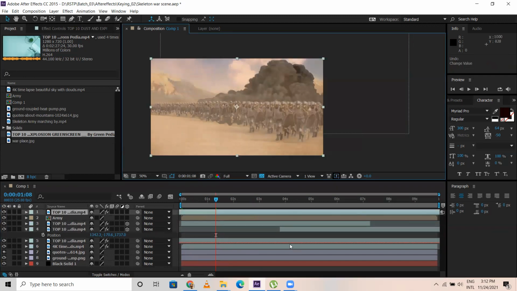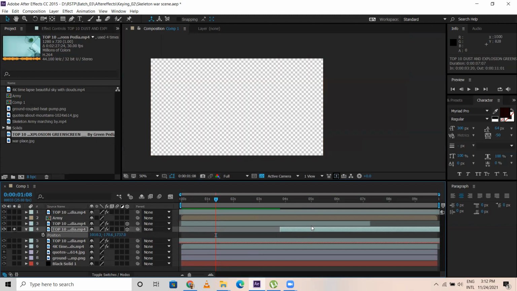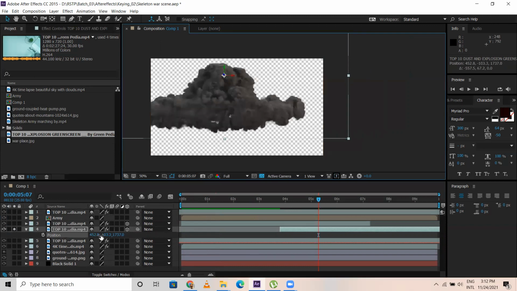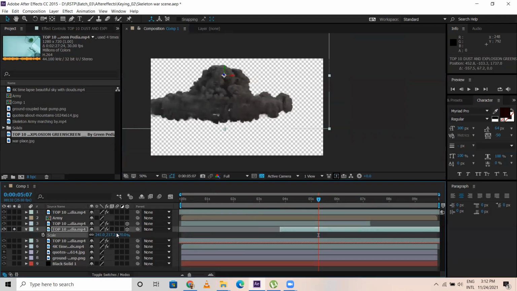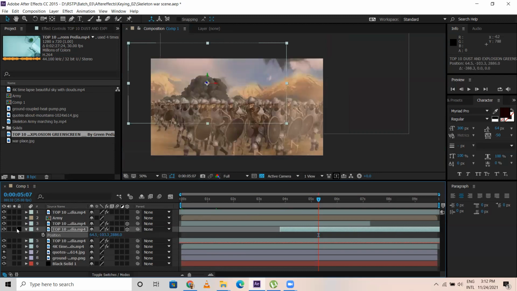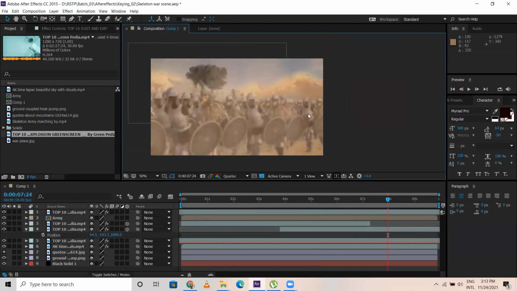Where is it? The duplicated one, this one. I'll make this solo. And I would like to reduce this and position it a bit far. Okay, I'll just show you in a quarter, how does it look?